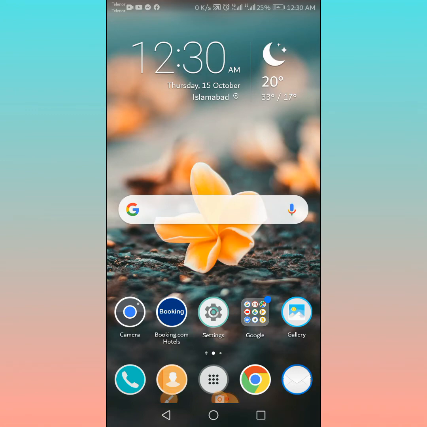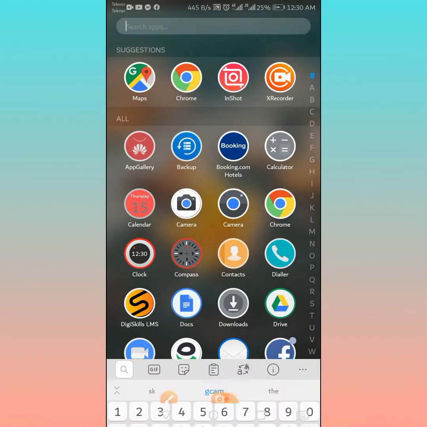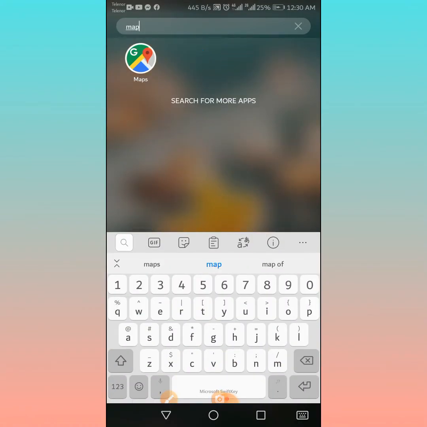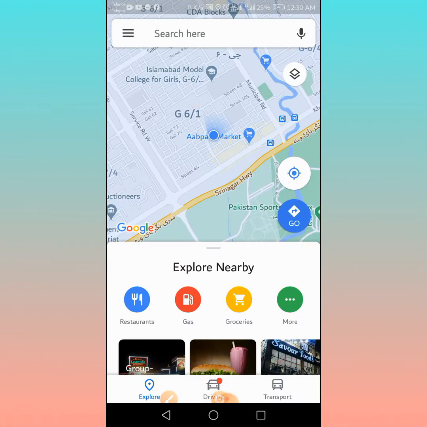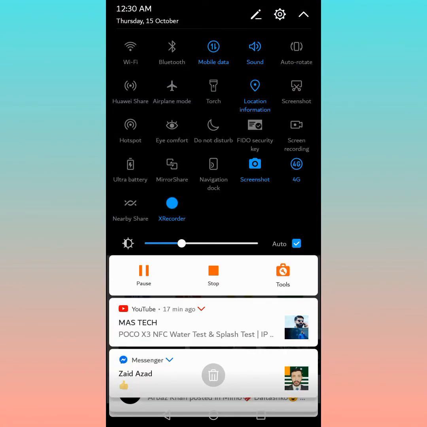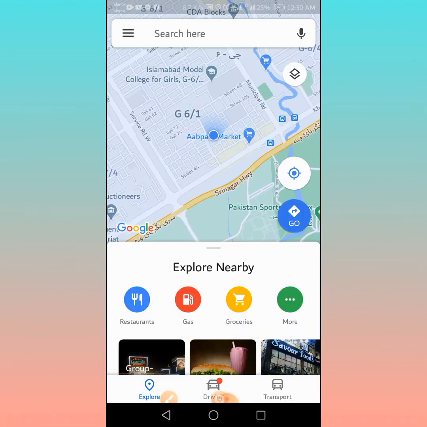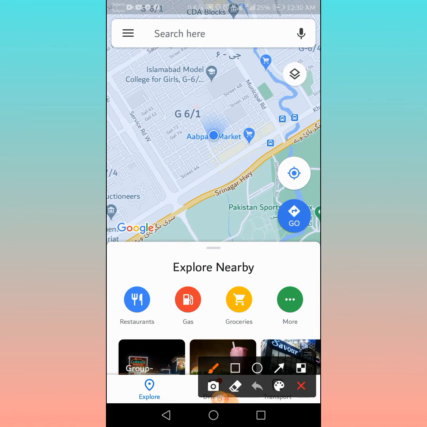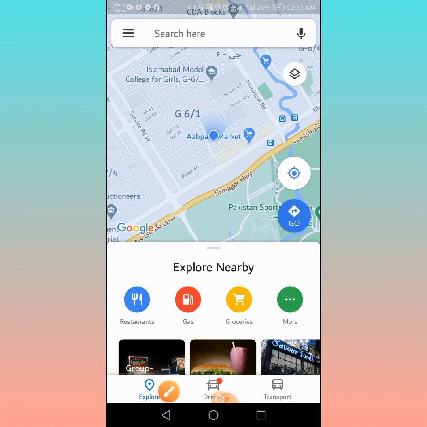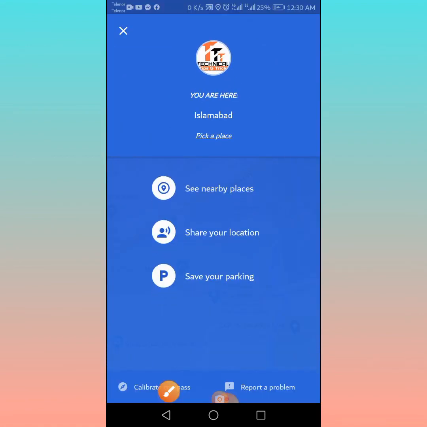First of all, go to the maps, open maps, then turn on your location. I have already turned on location, then click on the blue dot button. Here you see the live location. Click on it, then click on save your parking,